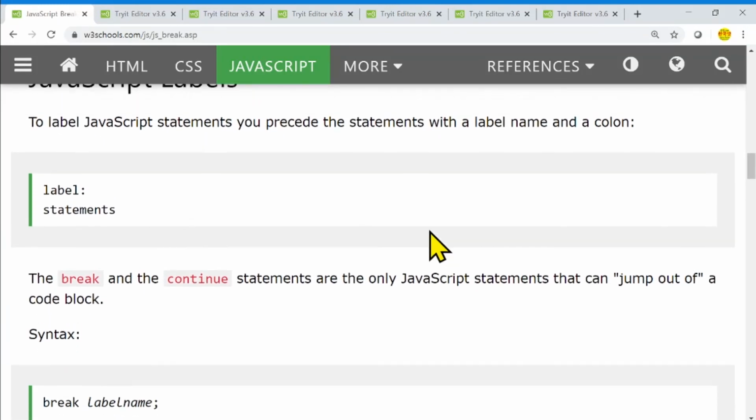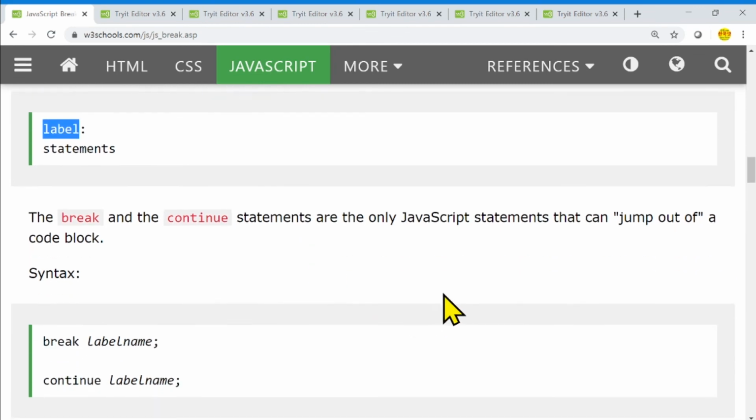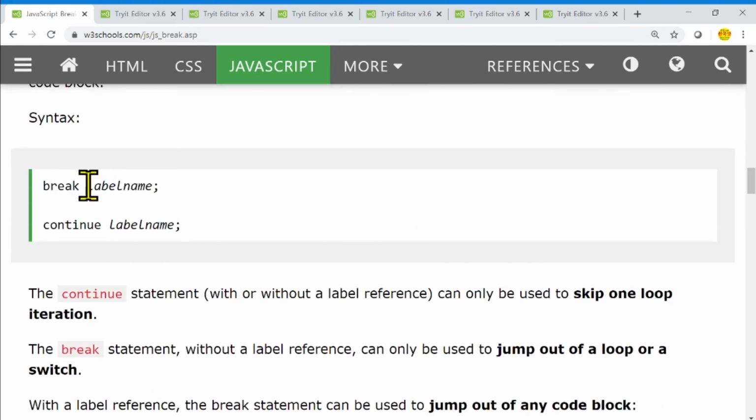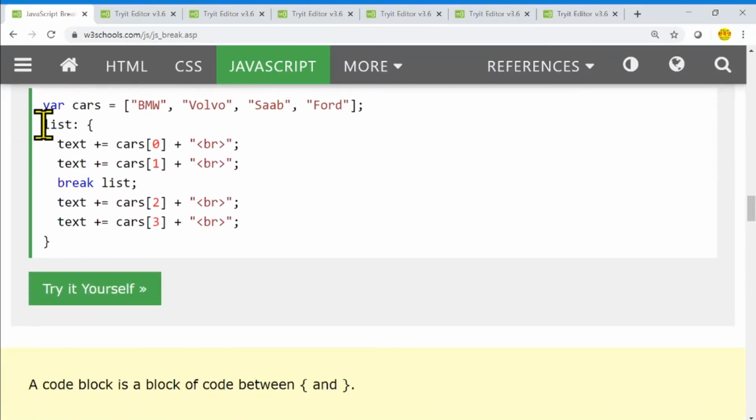Okay, if we are using a label here, then we can use the break and continue statements depending on that label name. If we are using the label name, then we can use break label name and continue label name here. Let's look at a real example. Here we are using the label name list, even though that is not a for loop or switch block,